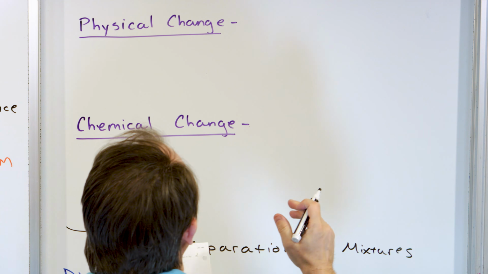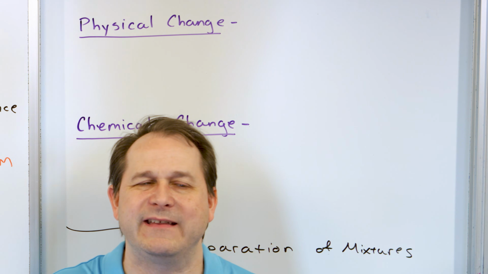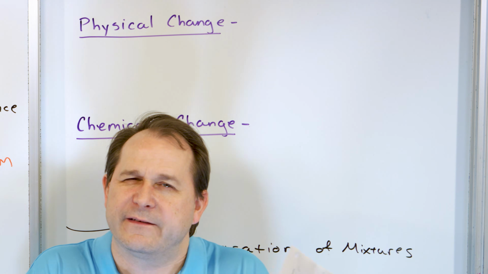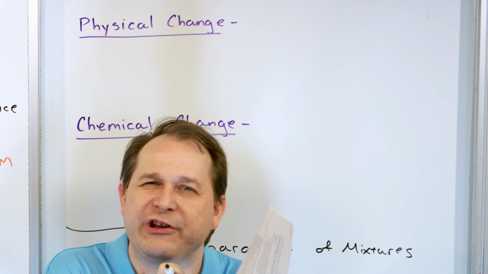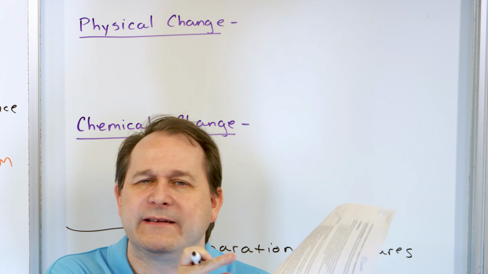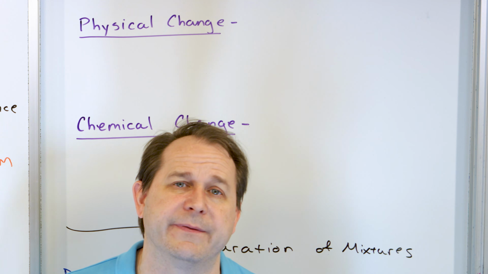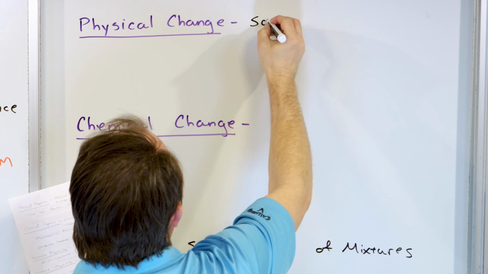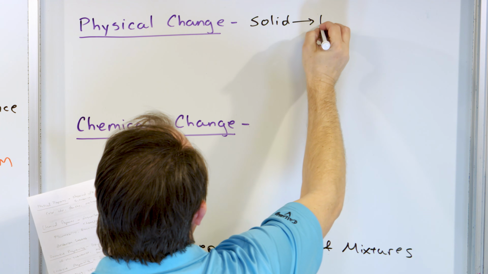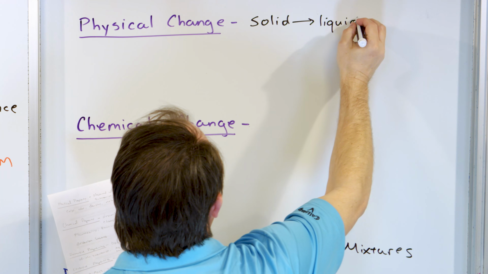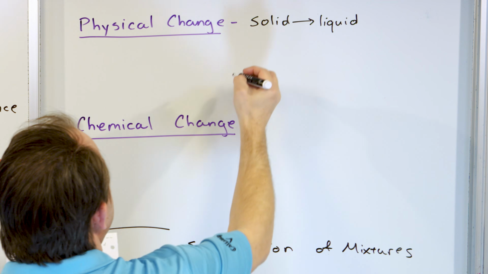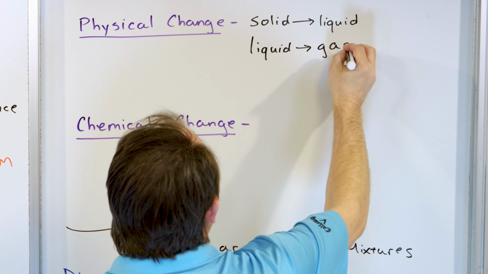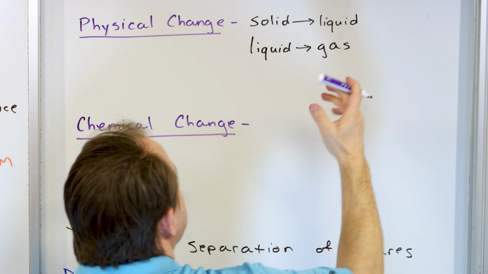Well, a physical change would be a change in a substance that doesn't relate to its chemical nature. Something physical that changes about its appearance without changing the microscopic arrangement of the atoms of the substance, because that would be a chemical thing, right? So a physical change, the best example, is when you go from a solid to a liquid. Think about ice melting, right? Or if you go from a liquid to a gas. Because in all of these cases, it's still